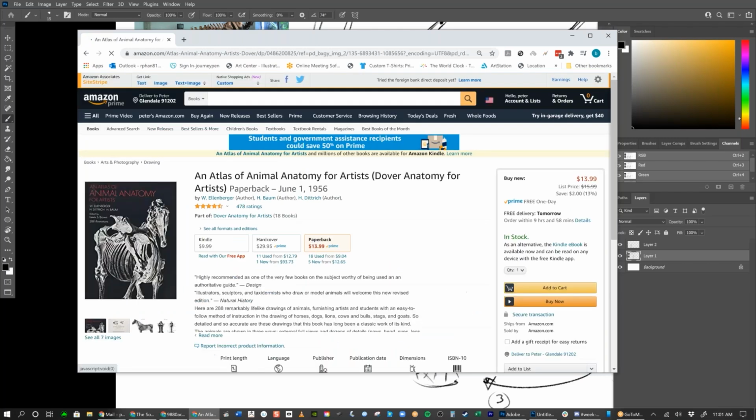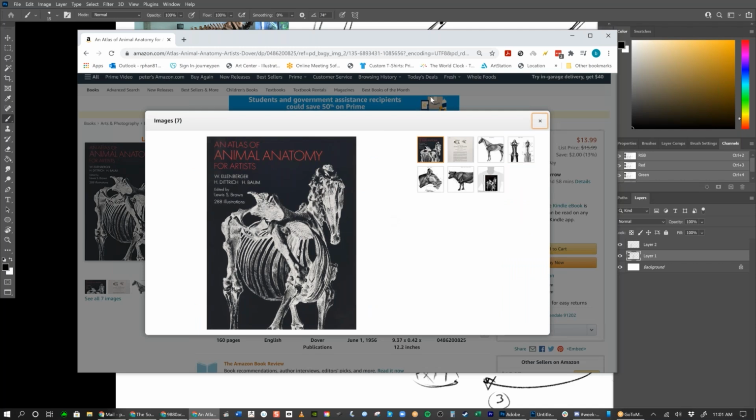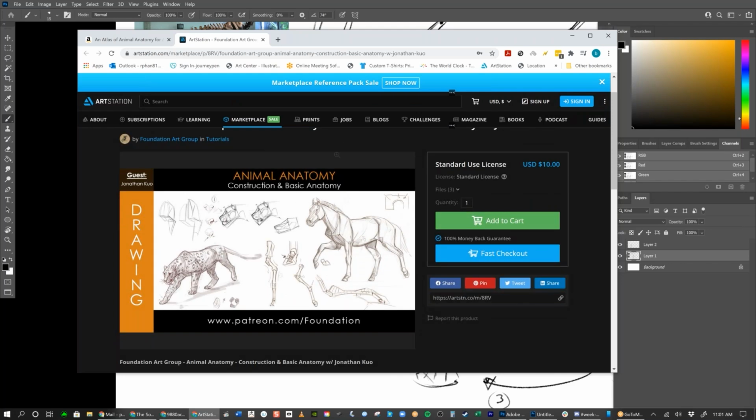So here's another one. This is now straight animal anatomy. I also know of this book. I don't own it, but I do know of it. This is the Atlas book for animal anatomy itself. Oh yeah, so John is a friend of mine who teaches animal anatomy at the Concept Design